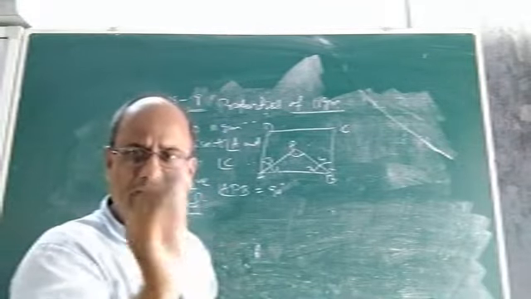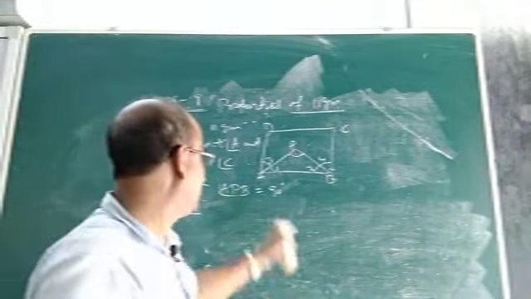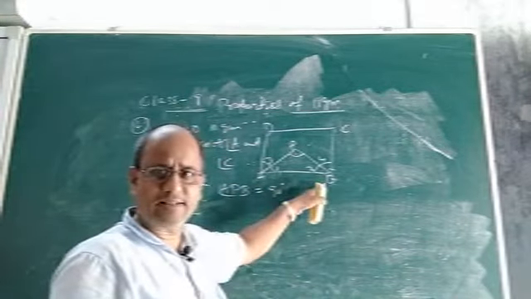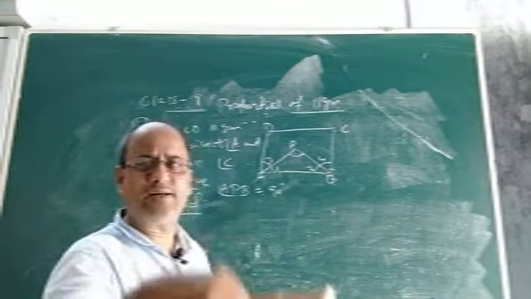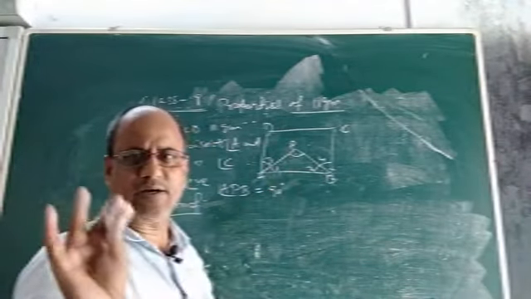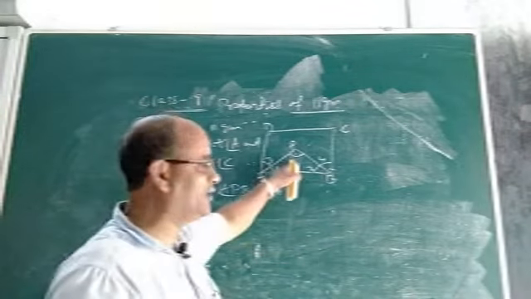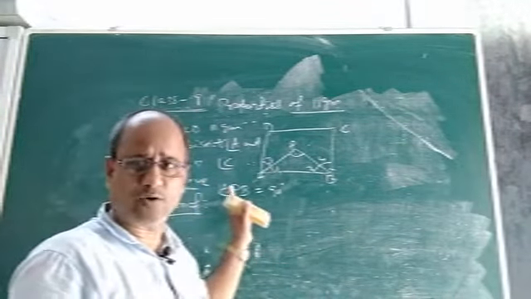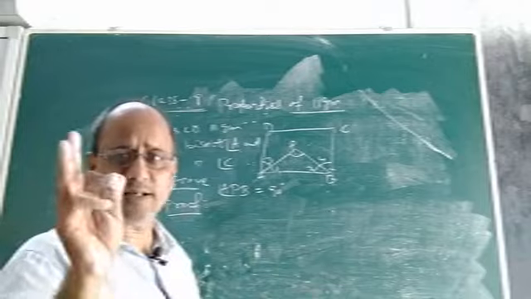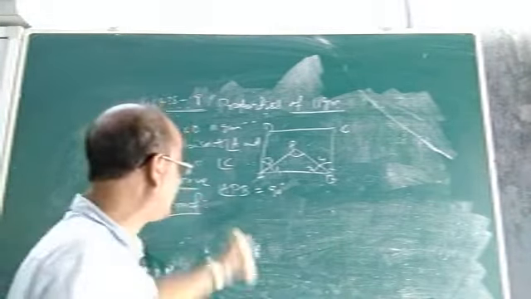I hope yes. In a parallelogram, if you take the bisector of any two interior angles, say angle A, angle D, angle B, angle C, whichever two interior angles you take and take the bisector, they will intersect at a point. How will you prove that this angle is 90 degrees? That we are going to prove: the bisectors of two interior angles of a parallelogram intersect at 90 degrees, or a right angle. How to prove? Let us see.